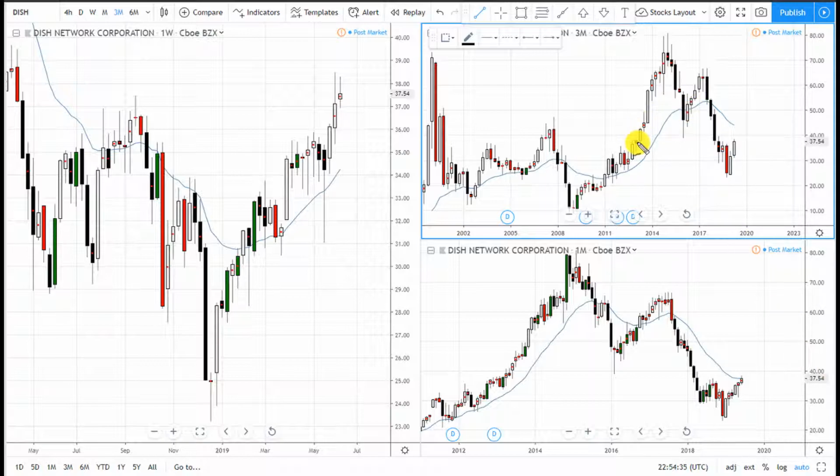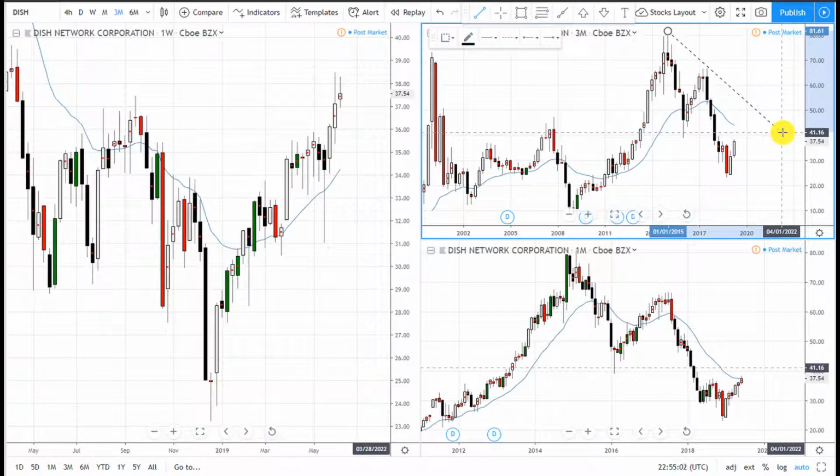Okay, so it made 1 peak and then made another peak, and this leg is bigger or lower than this leg, so we can do the peak. So once you identify the 2 peaks, then you can draw the trend line. So this is the trend line,